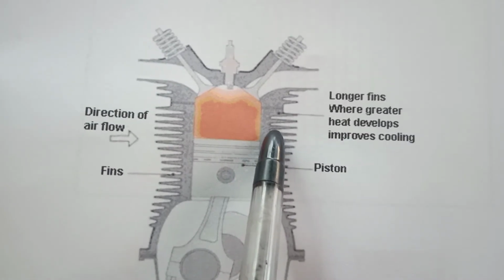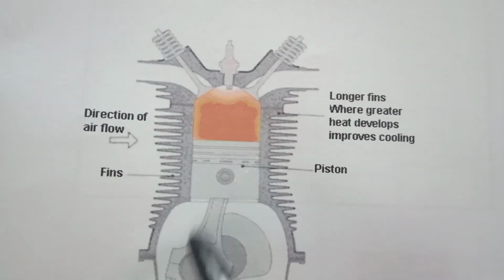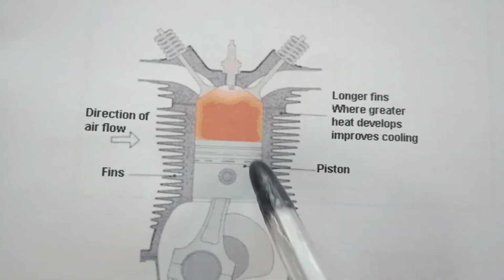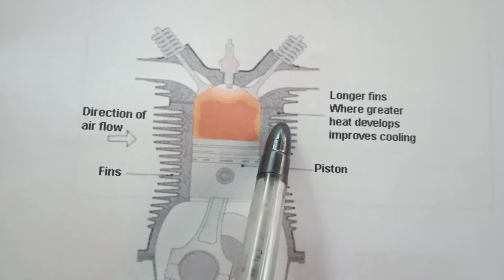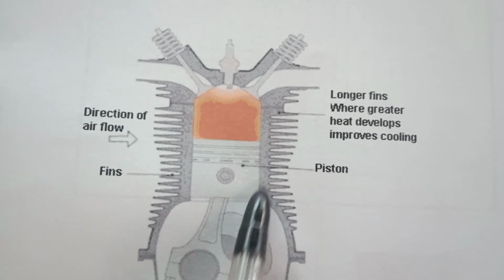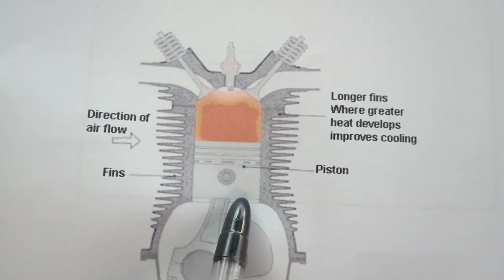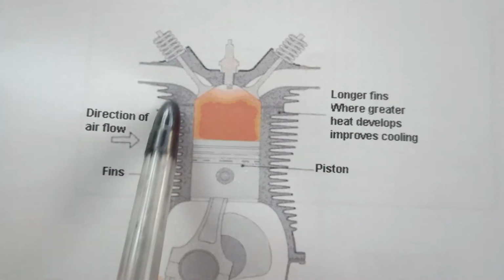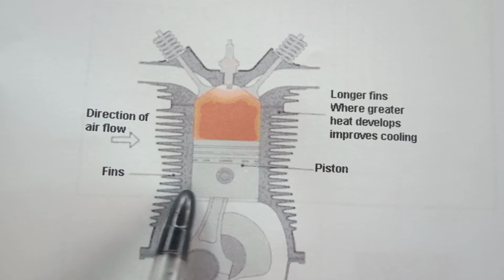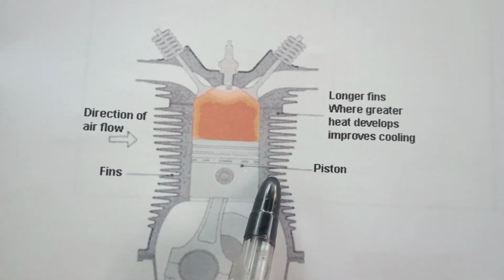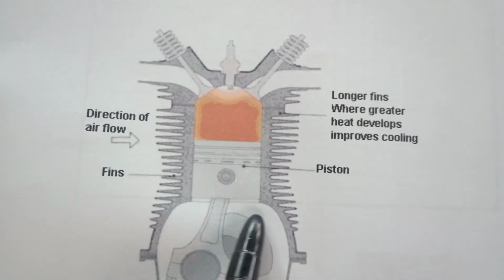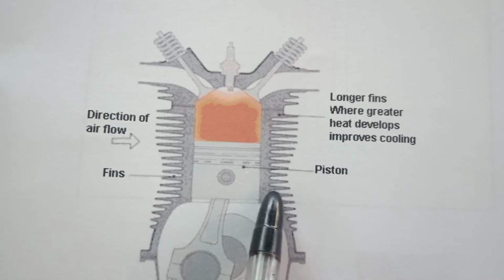So what are the advantages of the air cooling system? First of all, there is no water pump, no external circuit, no radiator, no coolant. This is a very simple and uncomplicated thing. No maintenance is required, such as in a water cooling system, where there is the maintenance of checking the water level in the radiator. Here there is no problem of any maintenance, as there is no fluid. So no maintenance is required.